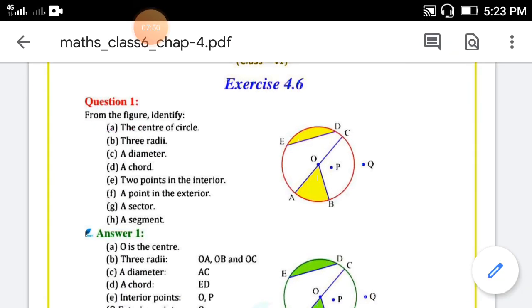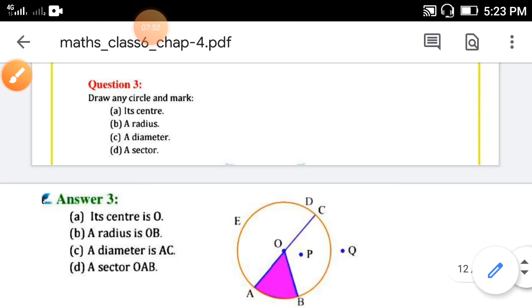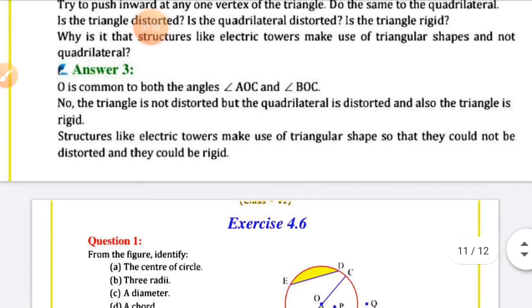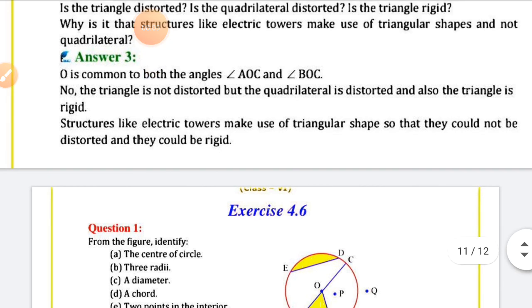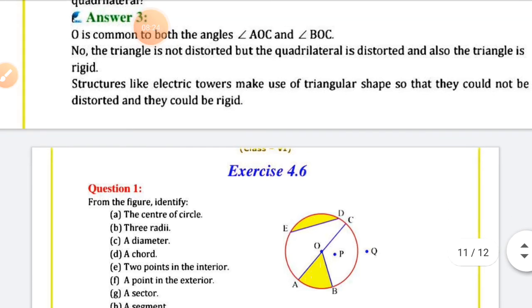So here the revision of this fourth lesson is also over. As you know, the paper style will have MCQs and examples. In MCQs you only have to write the answers. Out of 3 options, whichever is correct, that only you have to write. And yes, you can write the answer also. For example, option A, diameter: you write A in a bracket and you can write diameter. No need to write all the options, no need to write any of the questions. For the examples also, no need to write the question. If the question is very small and it is necessary to write, then you can write, otherwise no need.